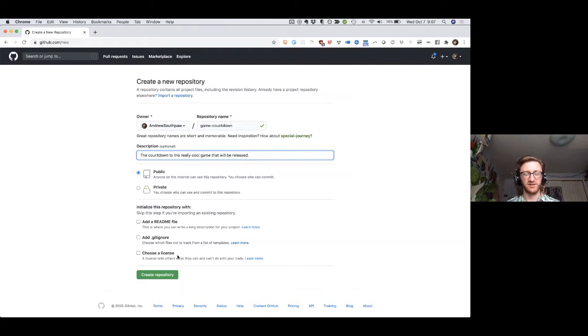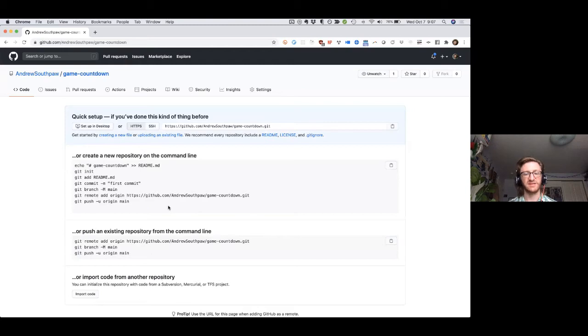And I'm not going to worry about any of the other initializations, like adding a .gitignore so that certain stock files don't get included. I'm just going to create the repository like so. And now I basically have a placeholder where I can store my code. So to begin with, we're going to now use this bucket and we're going to clone it down to our,